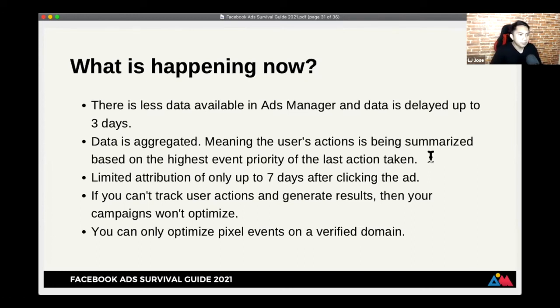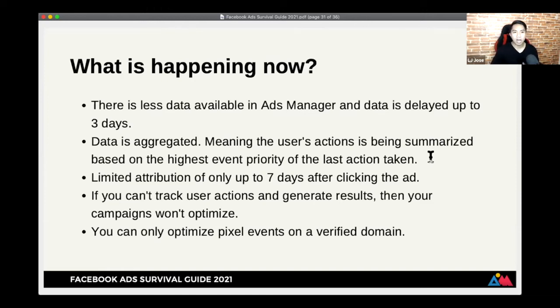Okay? Possible delayed sales report, so making counter-checking manually is a must. Yes, that's right. We don't count anymore yung results sa Ads Manager, especially for purchases. Kasi again, it can take up to 3 days, delayed yung data, and data is aggregated pa. Nagko-combine sila. So, hindi mo na talaga ngayon malalaman unless you have previous data which you can estimate from. So, if you were already running Facebook ads before, you have purchase conversion ng mga campaigns, you can estimate from that data based on your ad spend, based on your settings then.